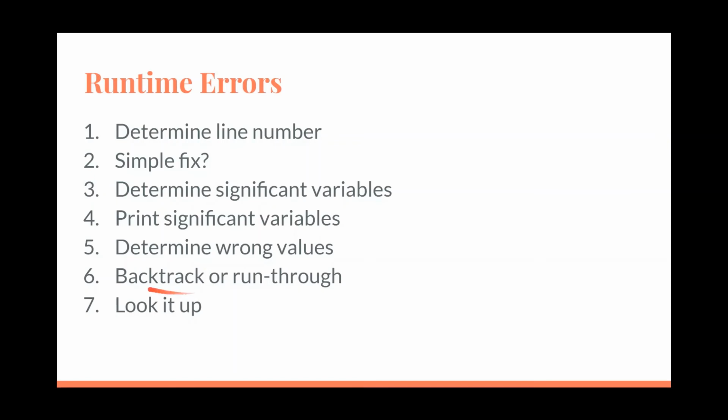I like to backtrack. You can also run through. Let me state right away that by run through, I don't mean run the program again. I mean run through it in your head. But let me explain each of these. So by backtrack, we take the significant variable, the variable that's causing the error, and in our head, we go back through the program